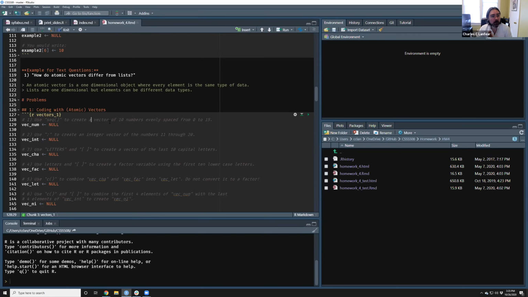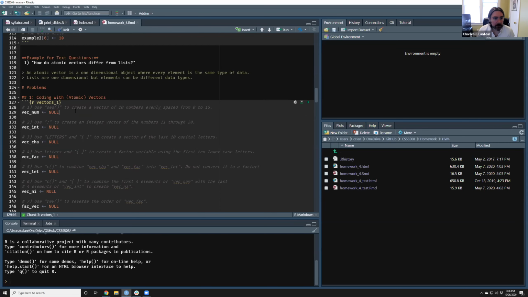So we'll begin here with coding with atomic vectors. I usually just say vector, and most people say vector when they're talking about things in R, but the technical term for these simple vectors where each element has to be the same data type is an atomic vector. So if you see an error message pop up in R that says something like can't subset an atomic vector, that just means you've got a standard vector you're trying to do something to. Atomic vector just means a plain old vector. They're specific about that because lists are also technically a type of vector in R, which is confusing.